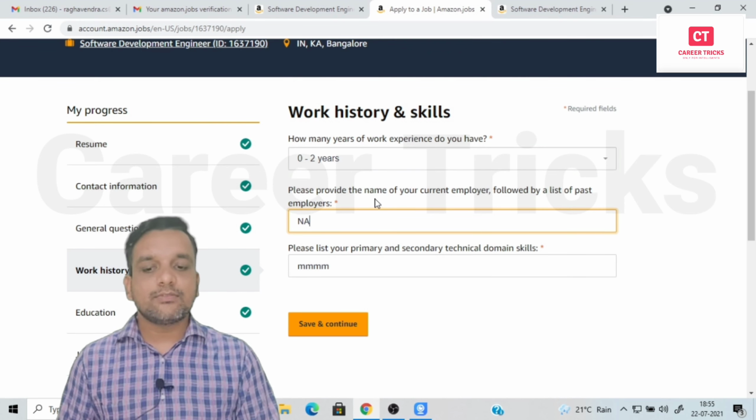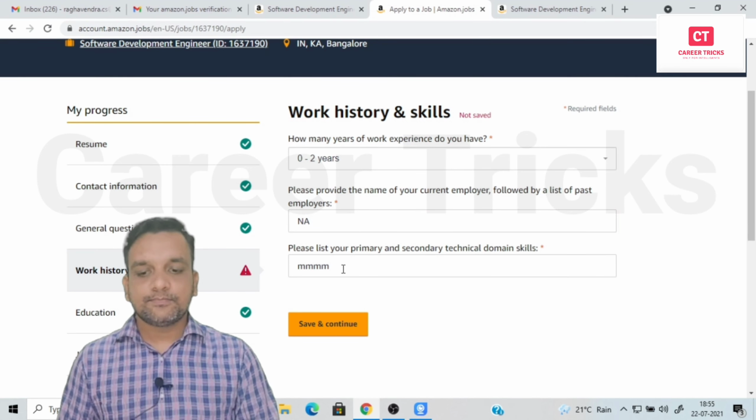because this is asking for the name of your current employer. Means if you are employed, if you have a present job, then you can apply. If it is not there, you say not applicable. Then you'll go with